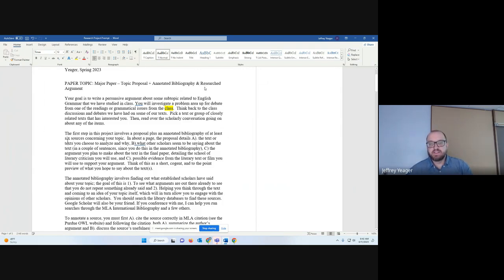That 6 isn't accurate. This project's going to take place over 2 steps. The first step's going to be due next week, and the final step's going to be due during finals week. Ideally, you're going to do a research argument, but it's going to take the length of a conference paper. If you were going to present a paper at a conference, that's a high expectation, I know, but it's a 300 level course, so I hold you to that expectation.